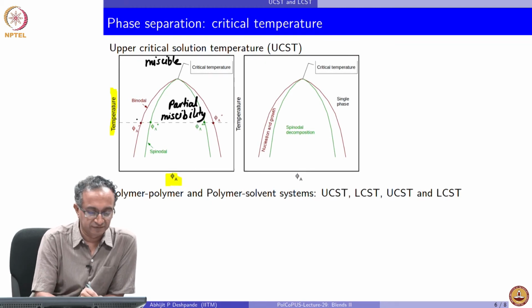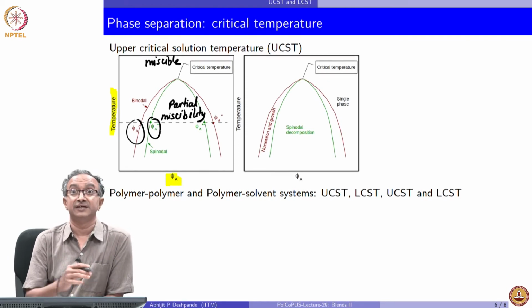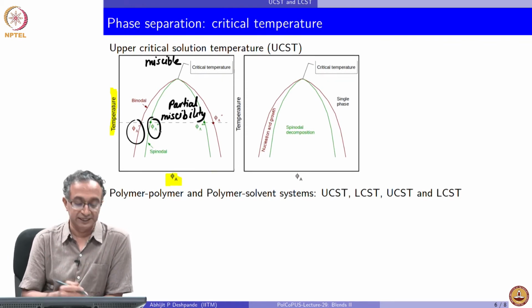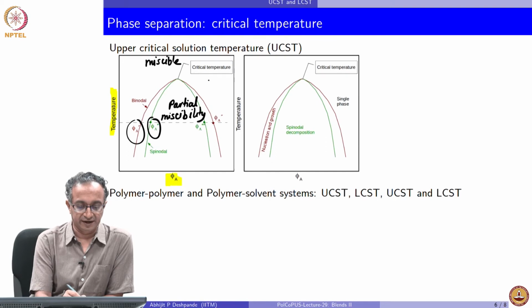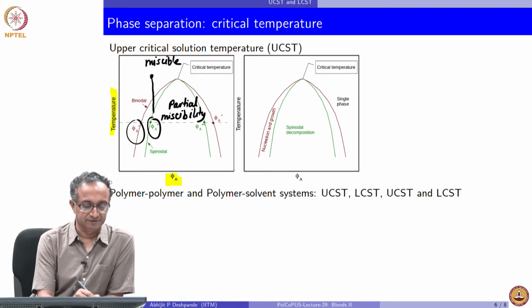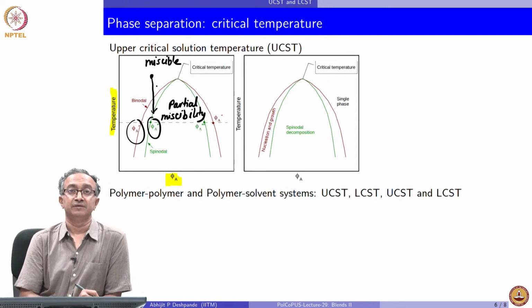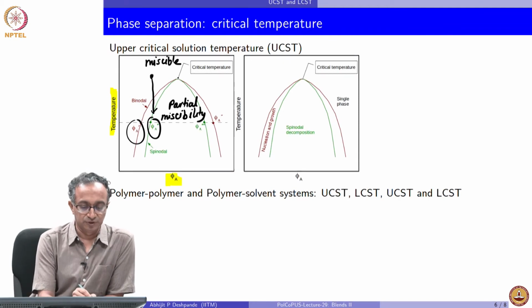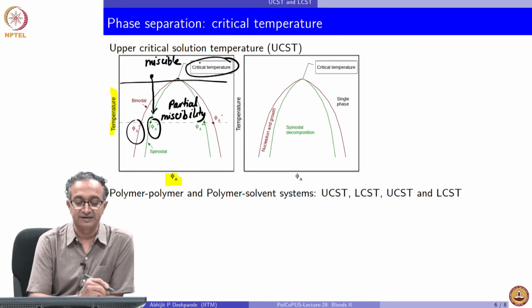And the phi, phi prime and phi star that we had mentioned: phi star is where there is an inflection point, or the curvature changes, and phi prime is where there was a minimum in Gibbs free energy. So if I prepare a blend here and then start lowering the temperature, basically a miscible blend will go to a partially miscible blend. And so this is the temperature above which miscibility is there no matter what composition I mix. So that's why it's called a critical temperature.